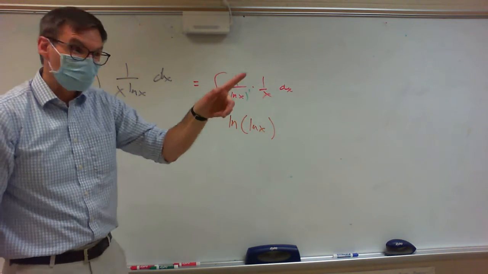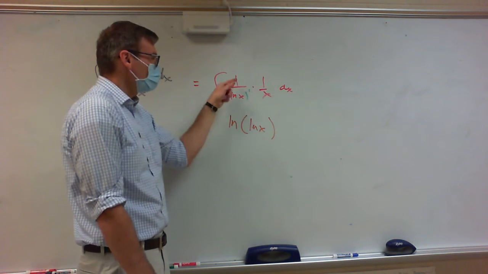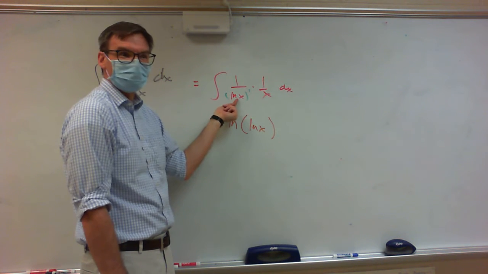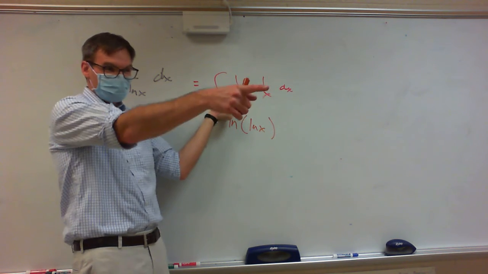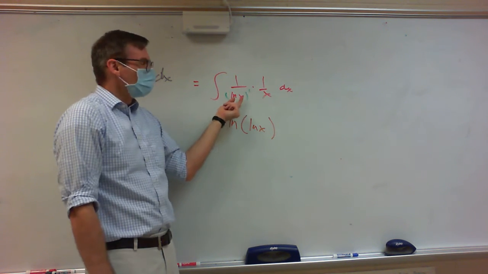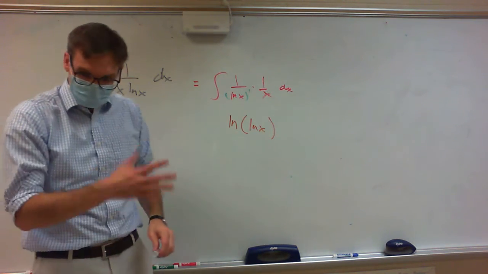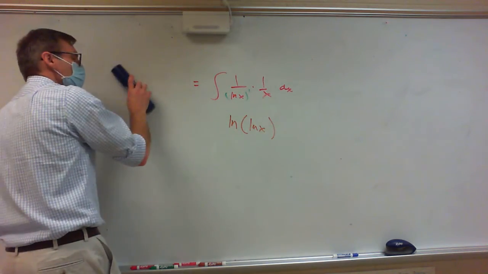And the clue, when I wrote the ln 1, anytime you see stuff in the bottom to the first, you think natural log of the stuff. If you see something to the first power in the bottom, you think natural log of that stuff. And that one's kind of mean, right? While we're on the topic of mean ones,